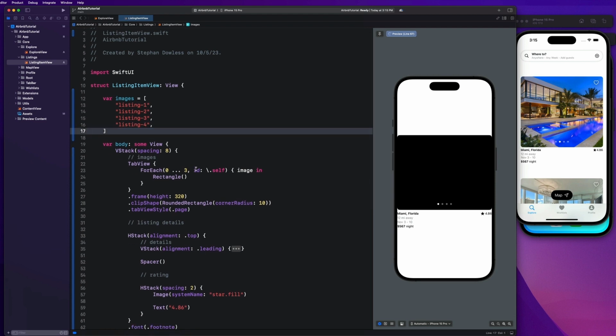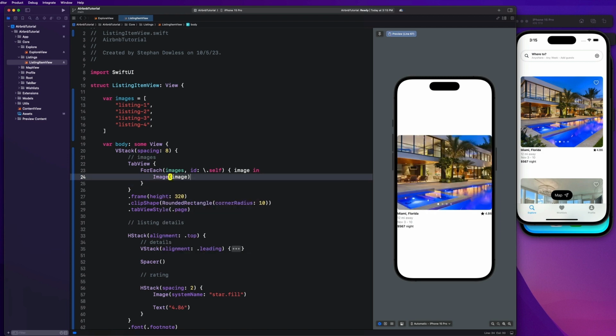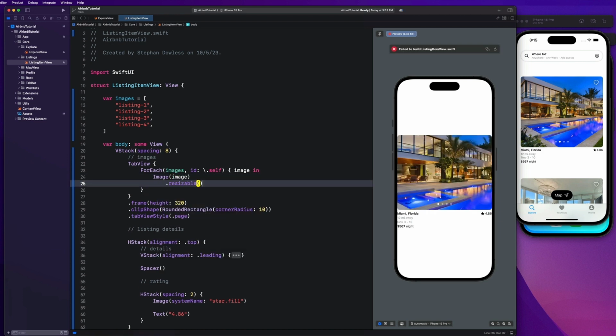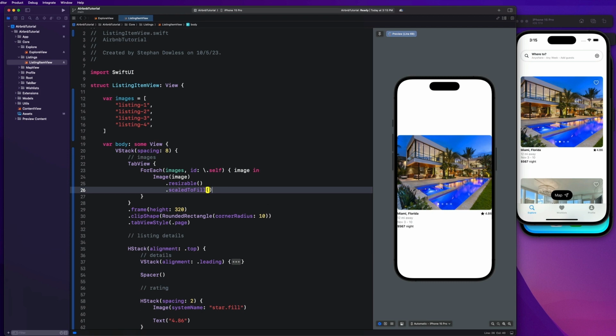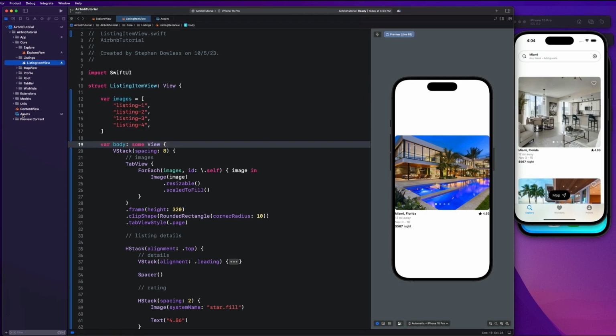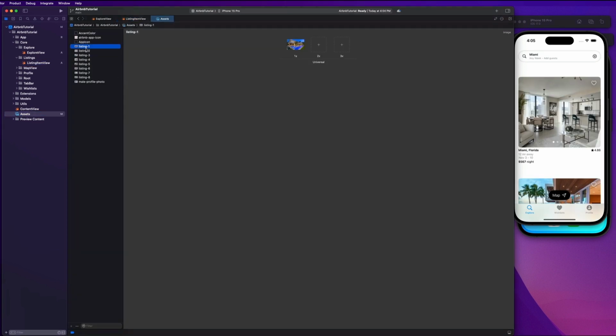And I'm going to go down here and say ForEach images, and I'm going to create an image here and say .resizable .scaledToFill. So that looks beautiful, guys. And if you're wondering where these images are coming from, I have them in my assets folder, as we can see here. Now you guys can either just go to Google and download some images yourself, or if you want